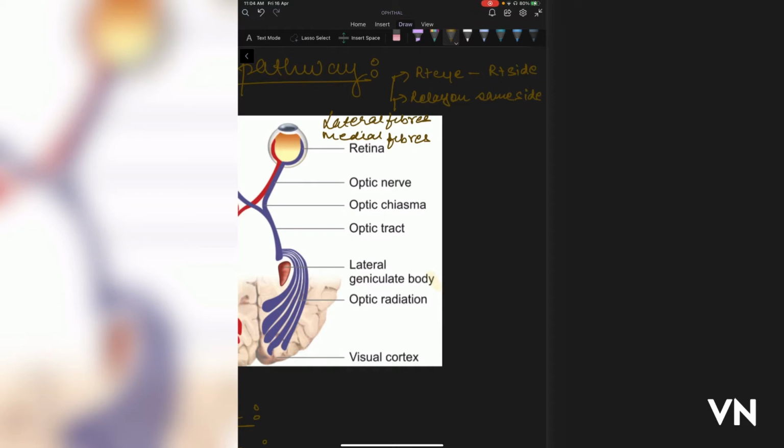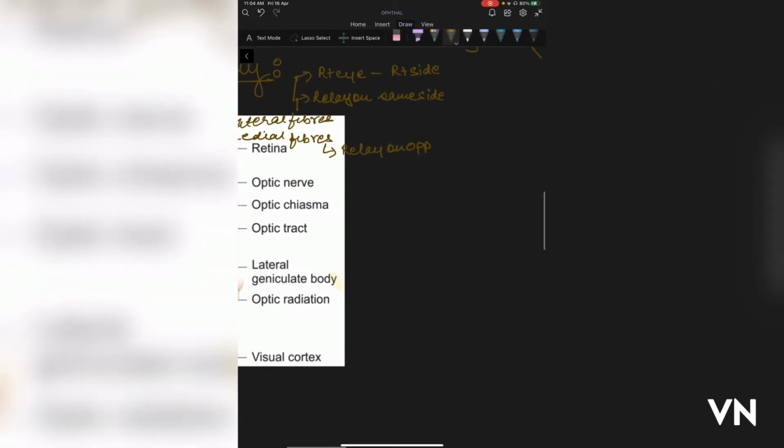But the medial fibers are opposite. That is, they will relay on the opposite side. What this means is that if they are coming from the right eye, they'll go to the left side of the brain. So they will relay on the opposite side. Right eye will project to the left side of the brain, and the left eye will project to the right side of the brain. So this is important